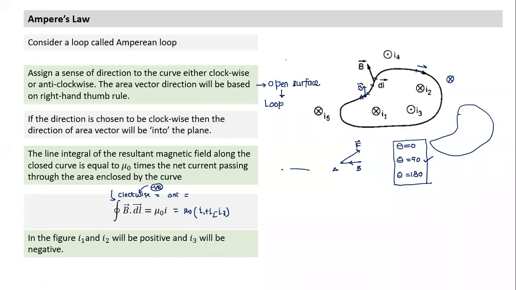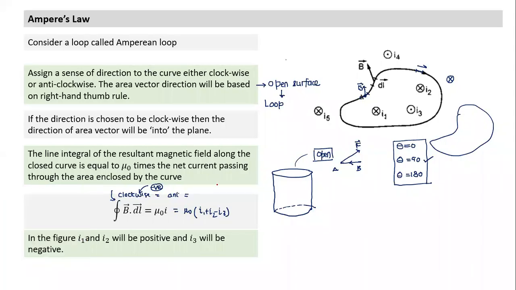Suppose I take a cylinder which is open at the top. Had it been closed at the top, it would have been a closed surface. So this one is open at the top. Is it an open surface or a closed surface? Open surface. And can you mark the boundary of this open surface?